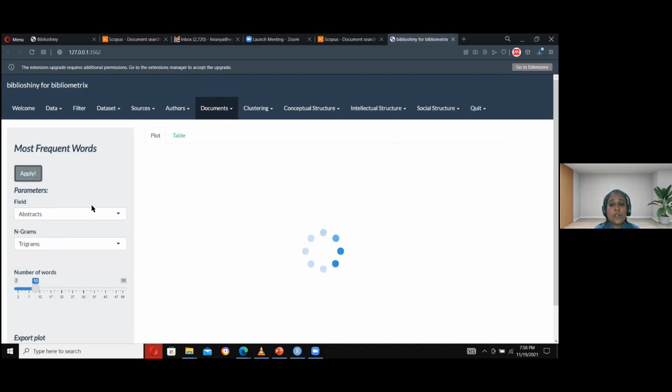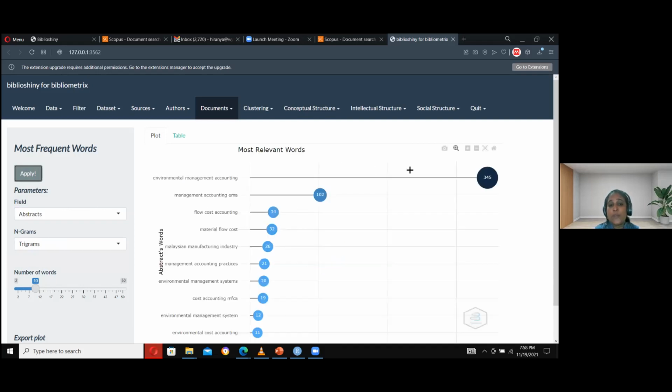Then in the abstract also, you can see environmental management accounting is the highest number of words used in this database. Then why is this important? Actually, this is important. When you analyze this, you can use these search terms to research, because you are writing an article, then you can research